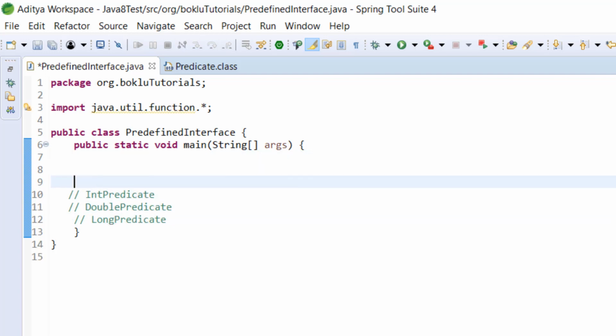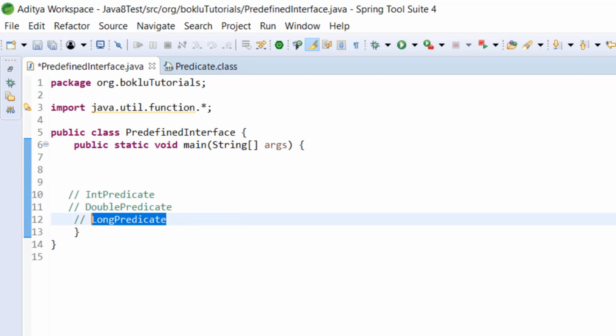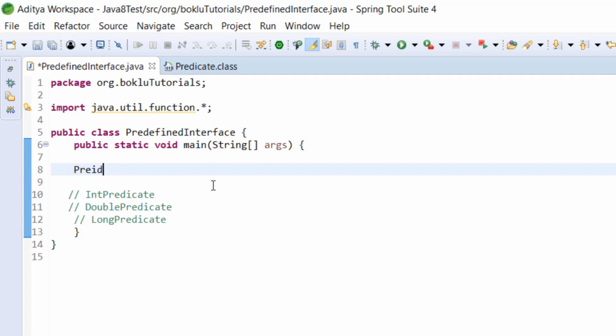So these three different functional interfaces, IntPredicate, DoublePredicate and LongPredicate, we can use if we already know the generic type. Okay, and if we don't know the generic type, then we can use the Predicate functional interface, and if we wanted to pass two arguments, then we can use BiPredicate.